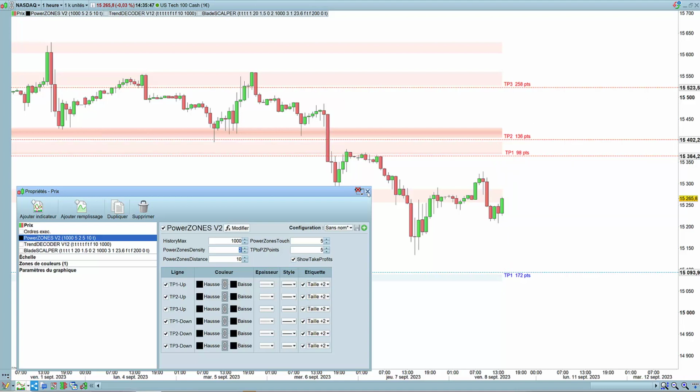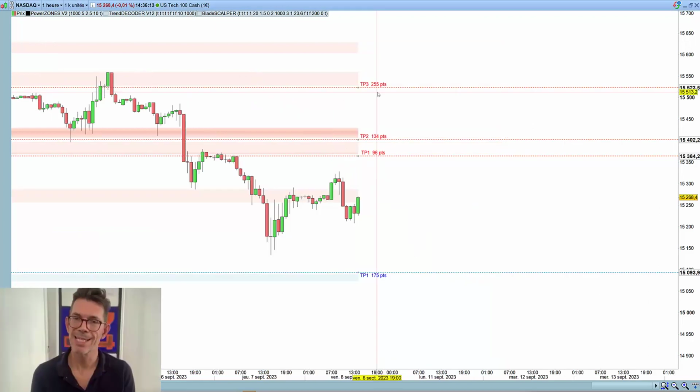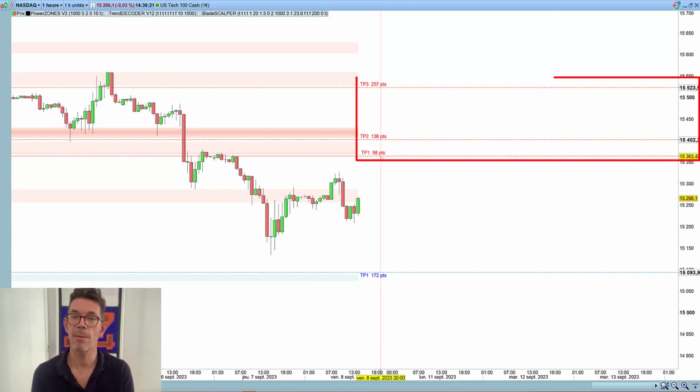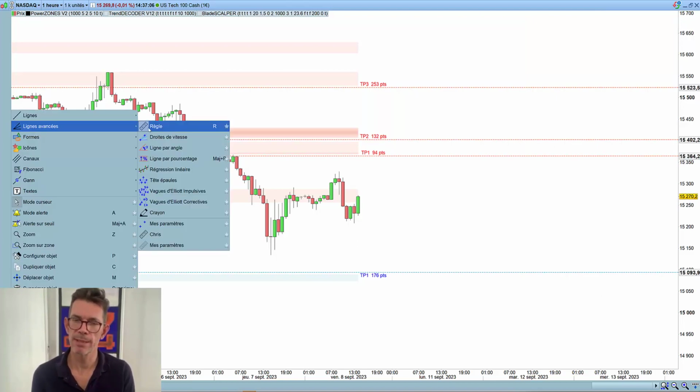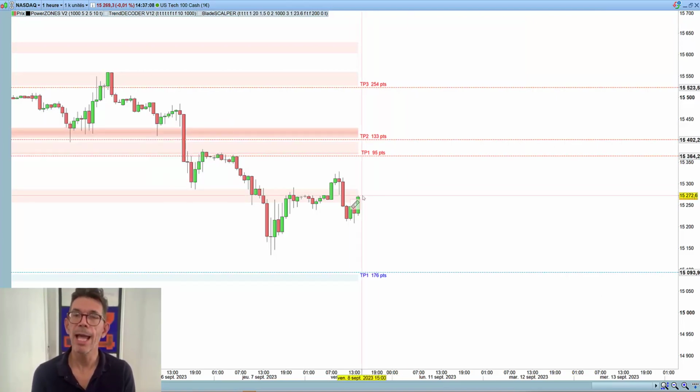Now, our second feature is to give you take profit levels in real time. PowerZone displays in real time the distance between the current price and the different take profits, both in points and absolute value, that you can find on the scale. No need anymore for digital rulers or being approximate. You just have the figure and can use it to enter the market or in a planned trade.